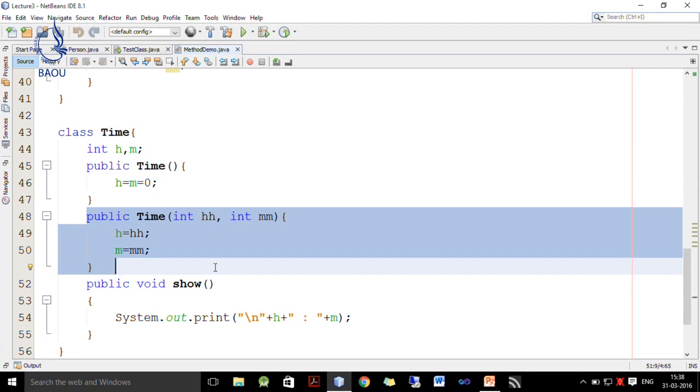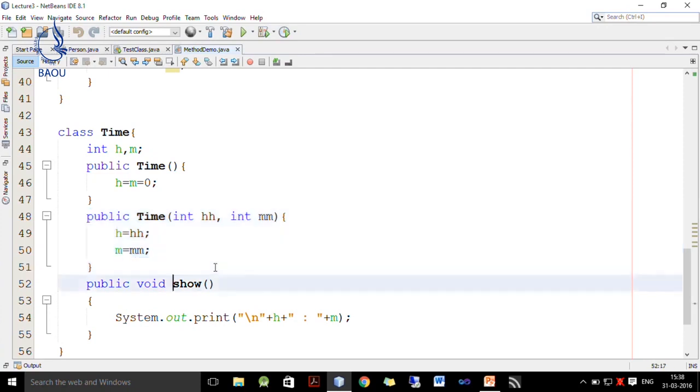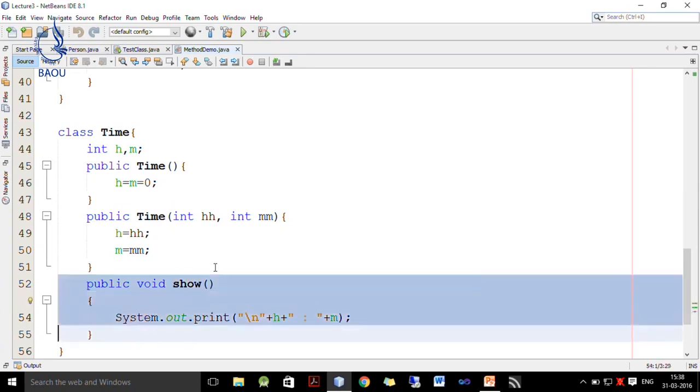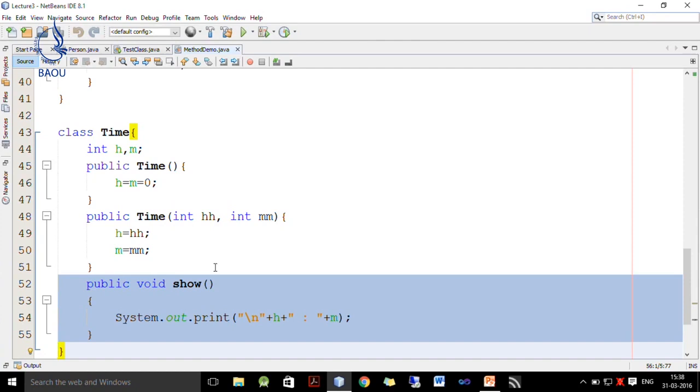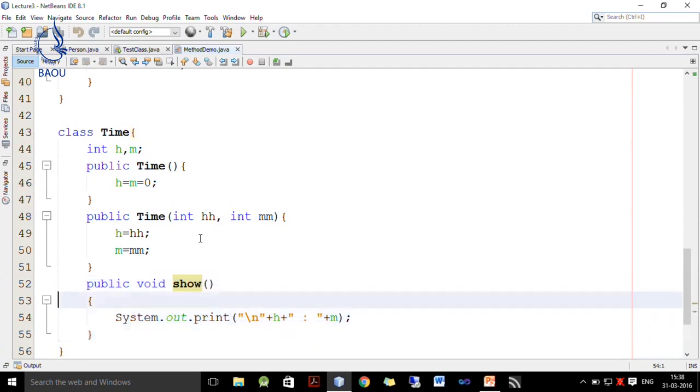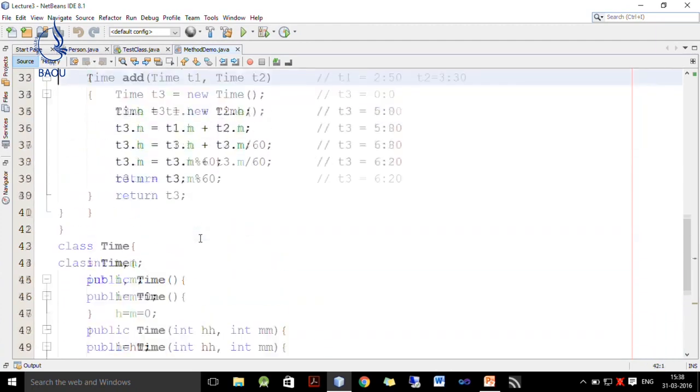So, h is initialized with h and m is initialized with m, and this show function just displays our time in hour colon minute format. So, show just displays the values of h and m which represent hour and minute. So, I hope this time class is clear for you.